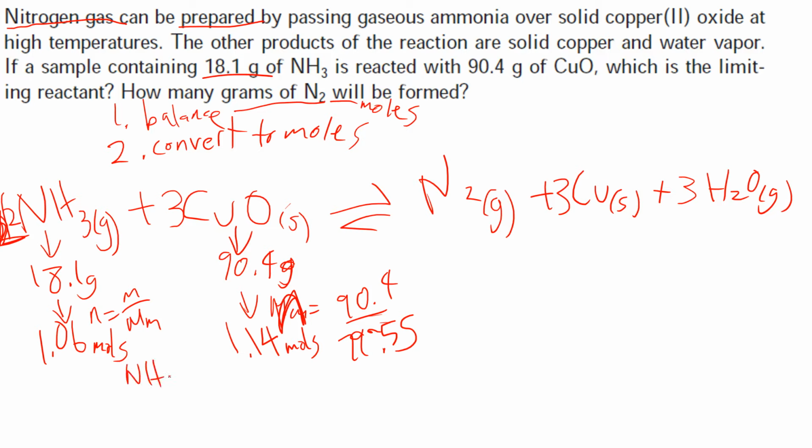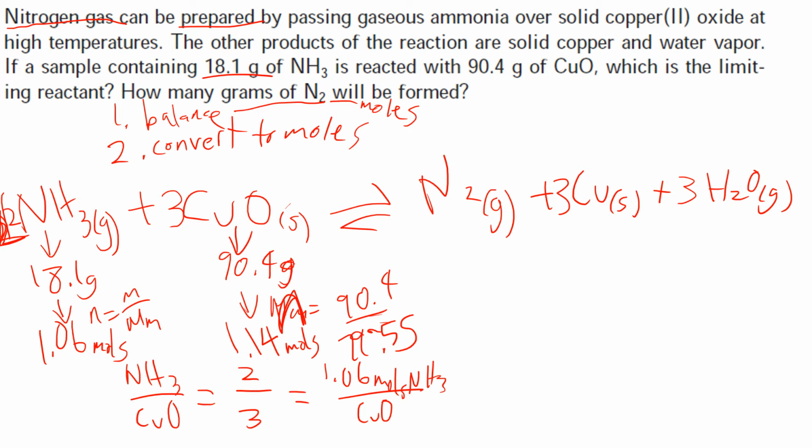So ammonia to copper oxide is equal to 2/3. Let's just choose one. Let's just say ammonia. If we had 1.06 moles of ammonia, how many moles of copper oxide should we have? So this would be our x. When we solve for that, we get 1.06 divided by 2 times 3. We get 1.59. So if we had 1.06 moles of ammonia, we would need 1.59 moles of copper oxide, but